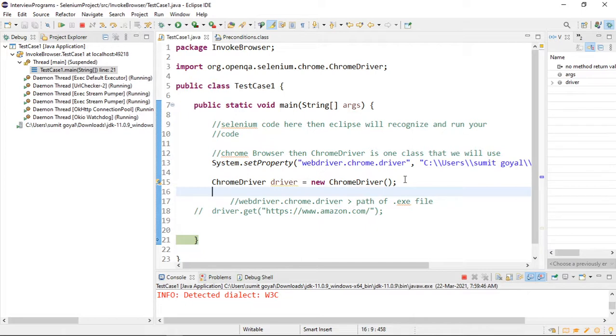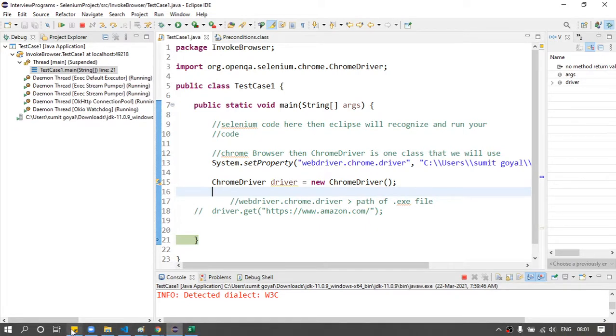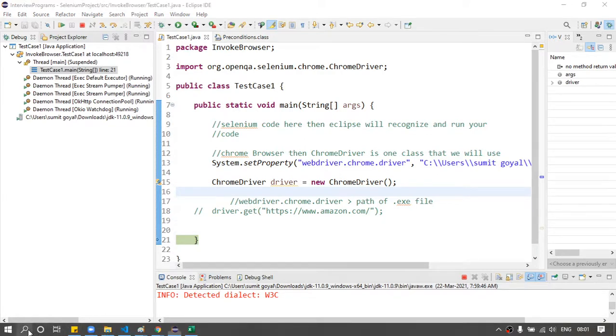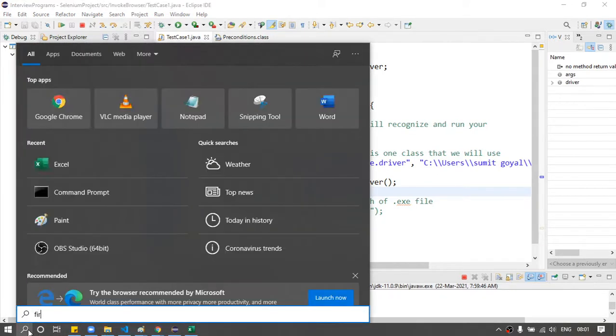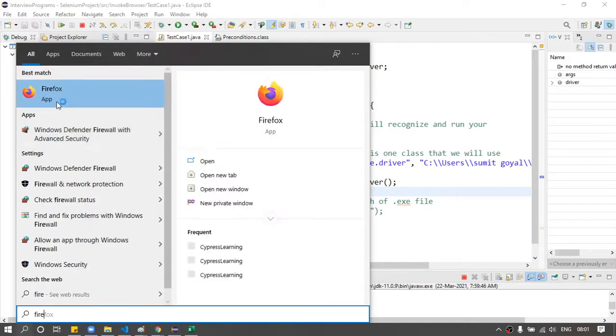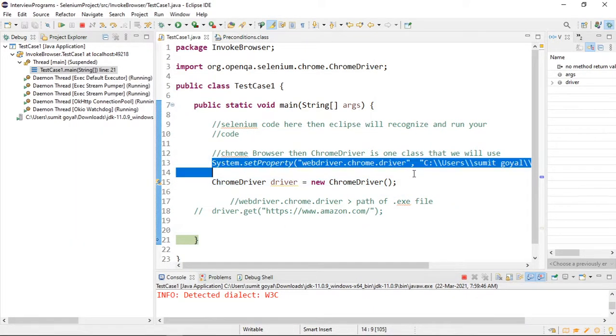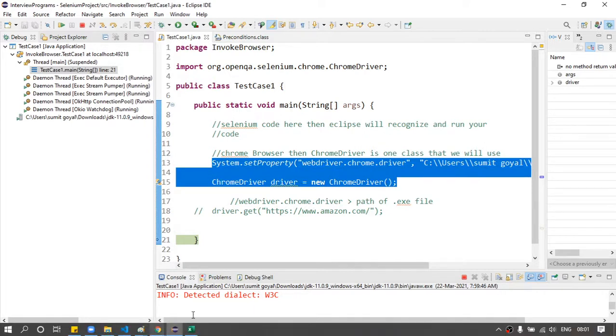Okay. Chrome, right? So make sure, whenever you are running any browser, you should have that browser in your machine as well. Otherwise, it will not open. So before it, if you want to invoke on Firefox, first check whether you have the Firefox browser in your machine. So I am having it, right? So these two lines are clear to everyone, how we are invoking our Chrome browser.